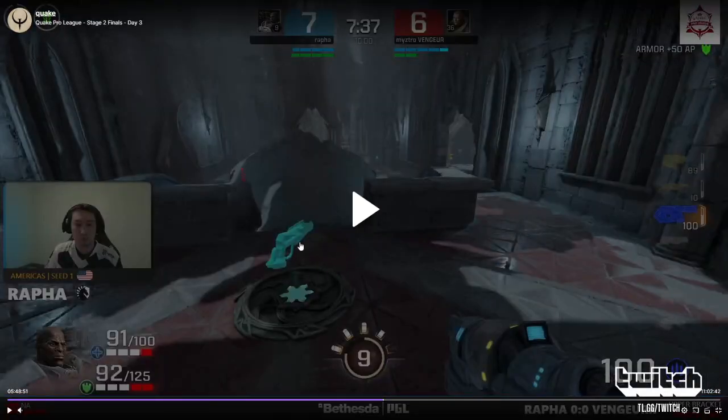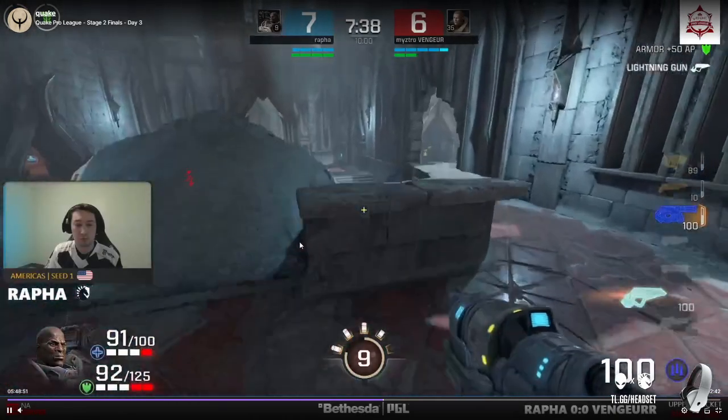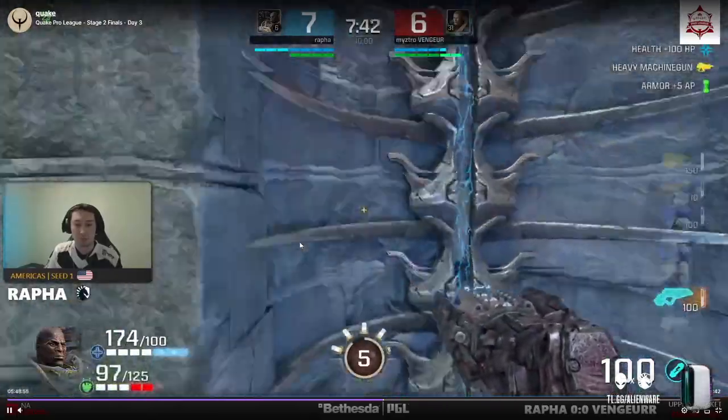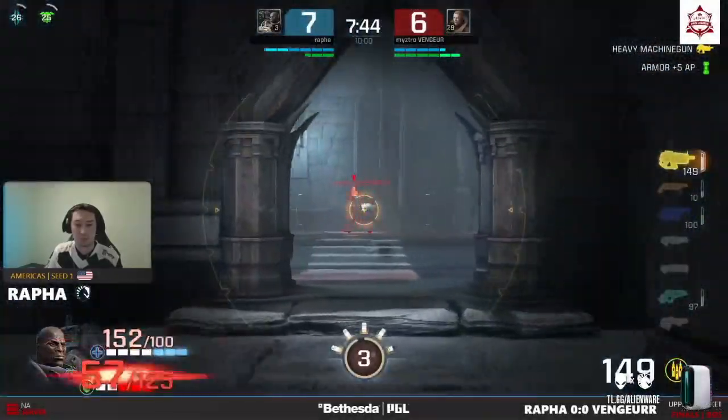I need to do from here, since I'm not afraid of him rushing in with dual wield shotgun, is I need to get position to figure out, okay, is he going to play for heavy or is he going to come in for mega and LG and try to just trade damage and take the opposite right now? Because I can't get both. So I cover lower, get the mega, and I'm like, all right, now it's time to go to rocket, start